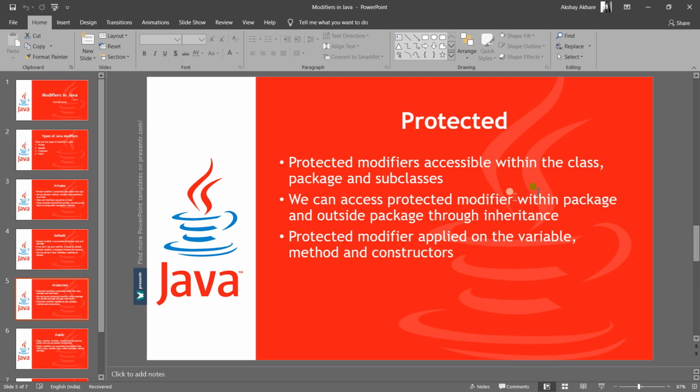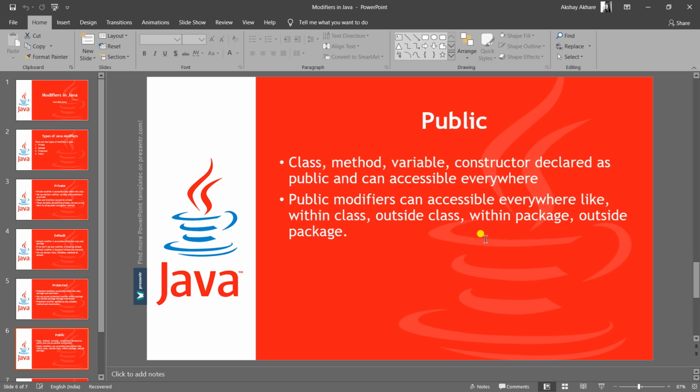We can access them within the package and outside the package through inheritance, using concepts like extends and implements. Protected modifiers are applied on variables, methods, and constructors. We can declare a variable as protected, a method as protected, and a constructor also as protected.